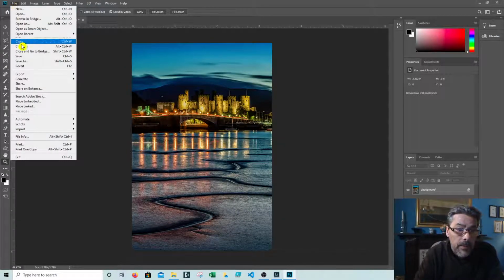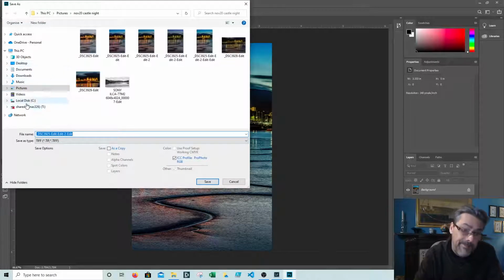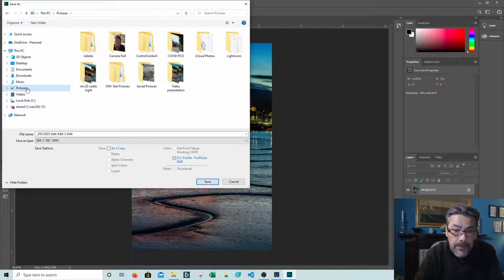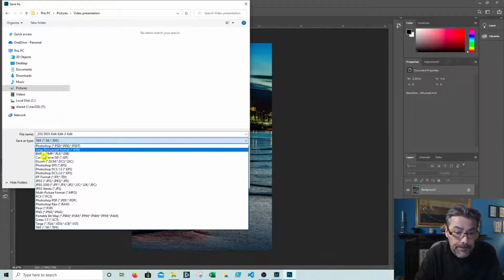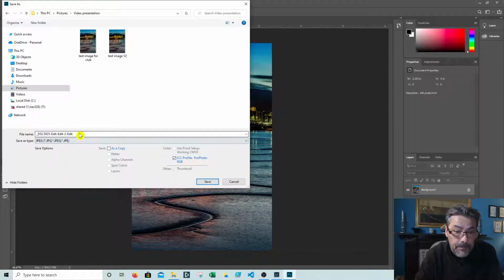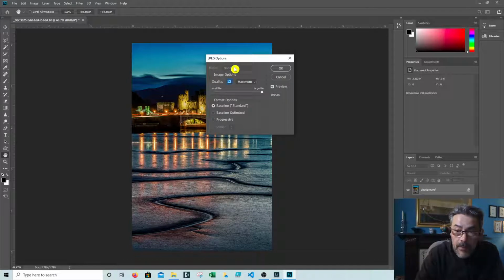And then we come up here, and the important thing here is that we choose Save As rather than Save. Okay, so Save As, and you need to tell it where you want the image, and I want the image to go here, and JPEG, so come up here, JPEG, and we'll now put the Castle version 1 and press OK. Now it opens this box,